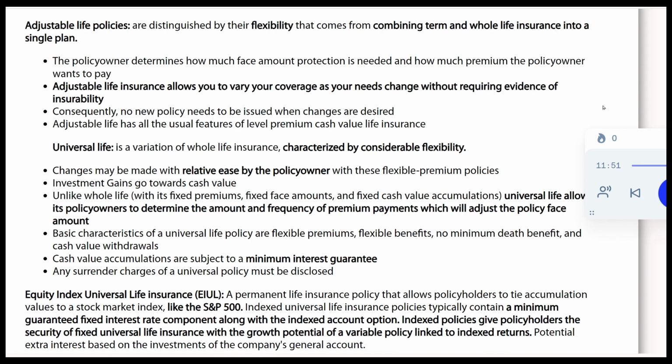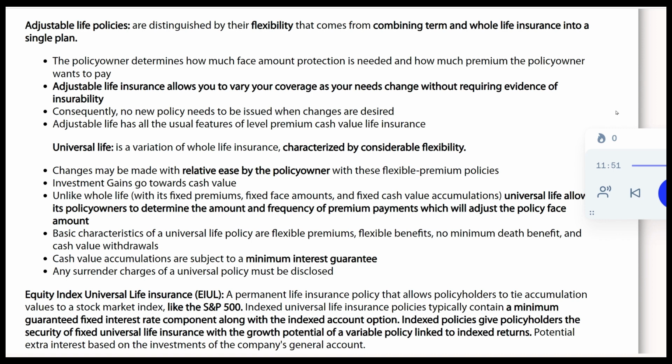Universal life is a variation of whole life insurance characterized by considerable flexibility. Changes may be made with relative ease by the policy owner with these flexible premium policies. Investment gains go towards cash value, unlike whole life, with its fixed premiums, fixed face amounts, and fixed cash value accumulations. Universal life allows its policy owners to determine the amount and frequency of premium payments, which will adjust the